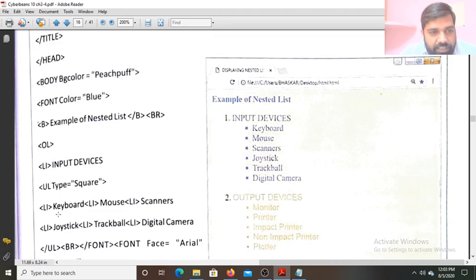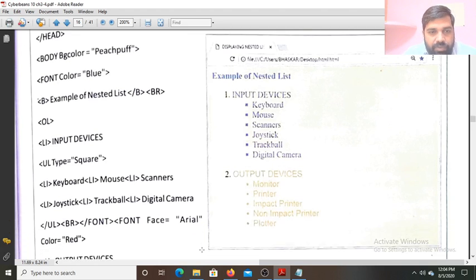Now see here three words are written in the same line, but on the web page you are seeing these three words appearing on different lines. This is the help of the li item, because after writing the item, the list item changes the line. Okay, now see the UL is closed. Now we change line here. Now font is closed. Now another font is used for the second list of items for the ordered list, that is face Arial, color red.